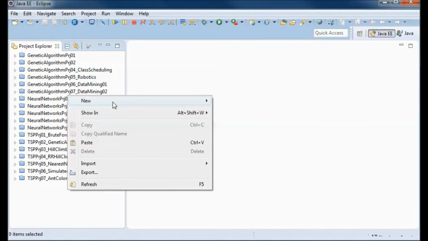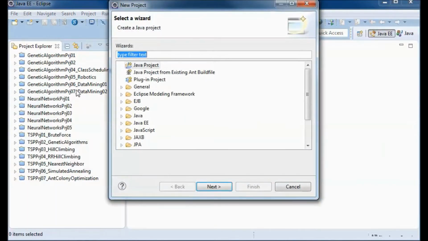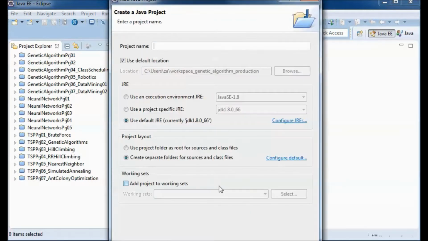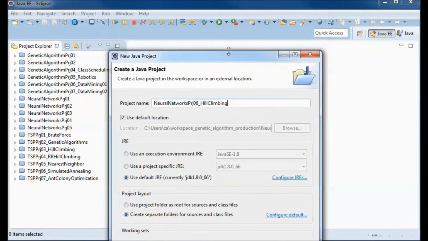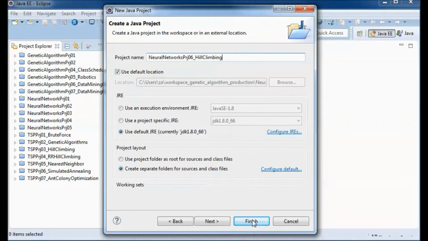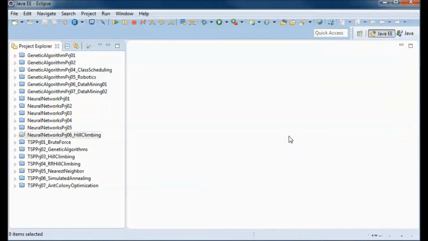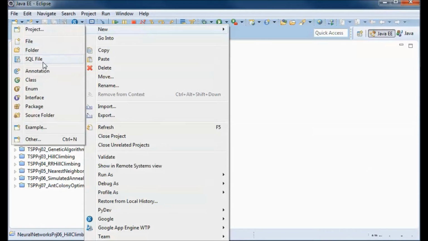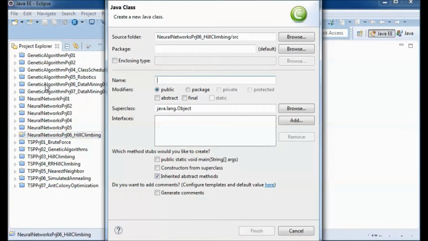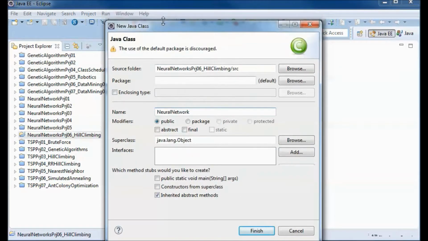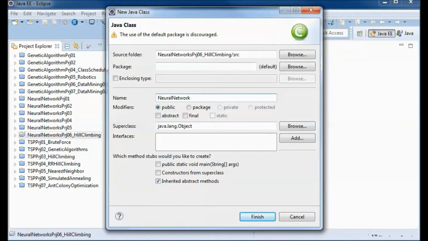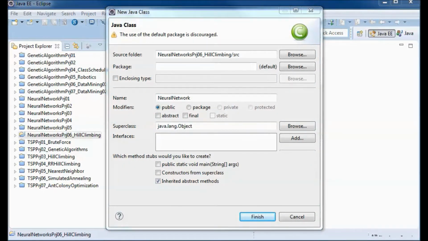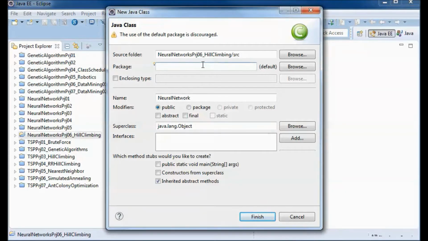I will start by creating a new Java project. And here I will create a neural network class, that will be in this package.